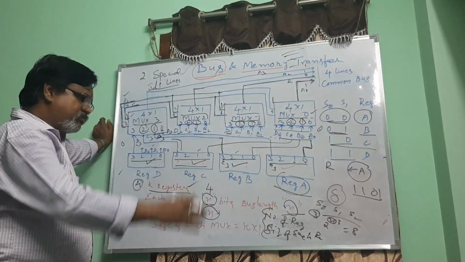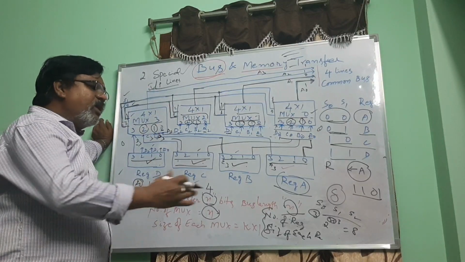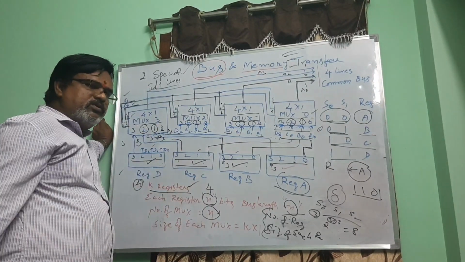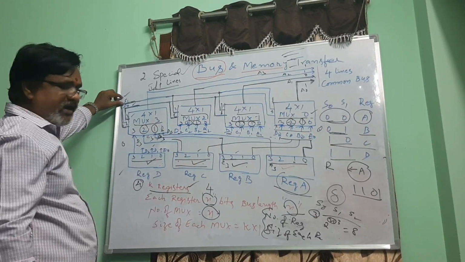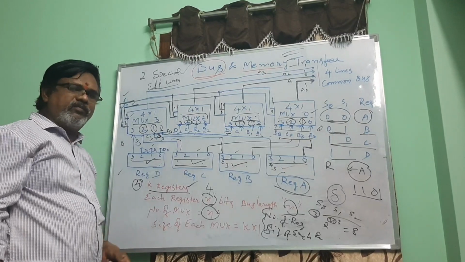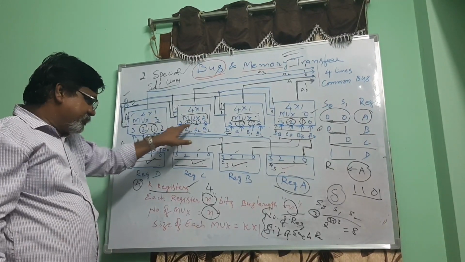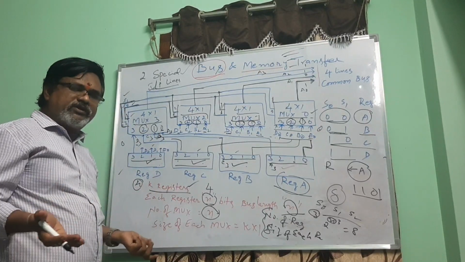If there are 8 registers, 2 power 3. There are 4 registers, 2 power 2. Like that. Or else you can use even n number of registers, the same select lines by giving the same select lines like this only. It doesn't matter, no problem. But here, the number of bits is going to increase, so the select lines are obviously going to increase.